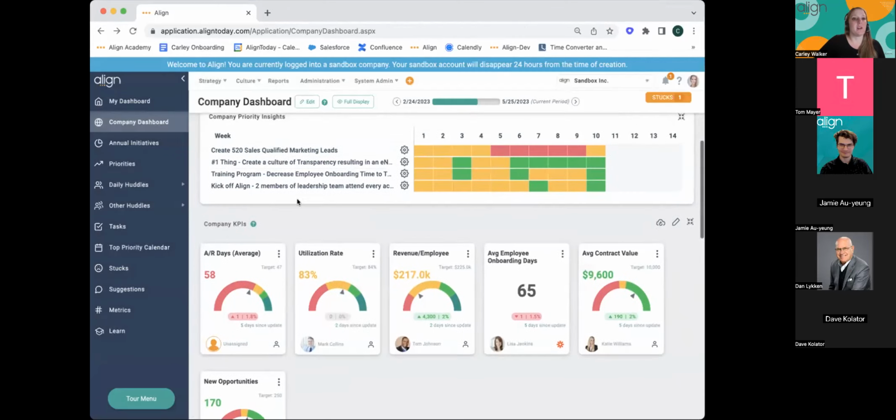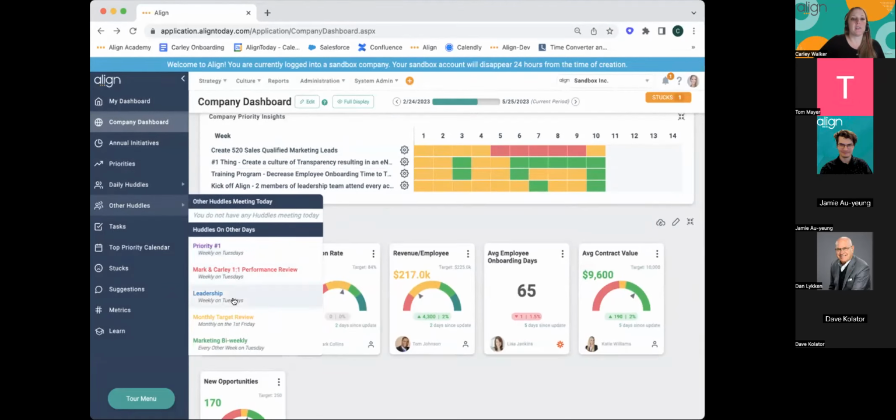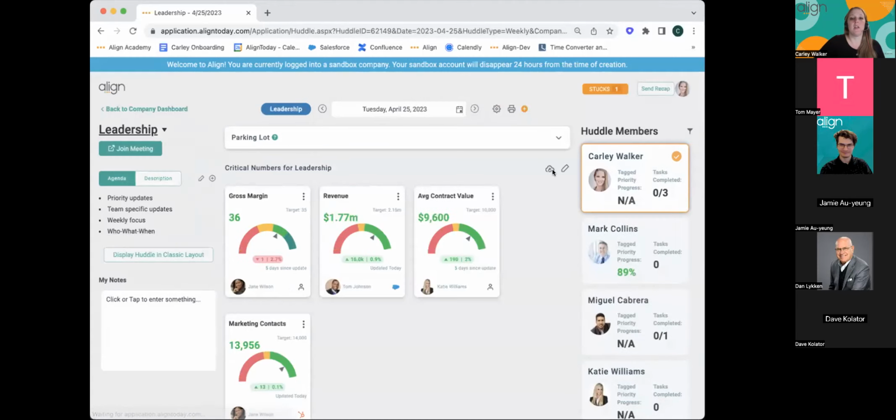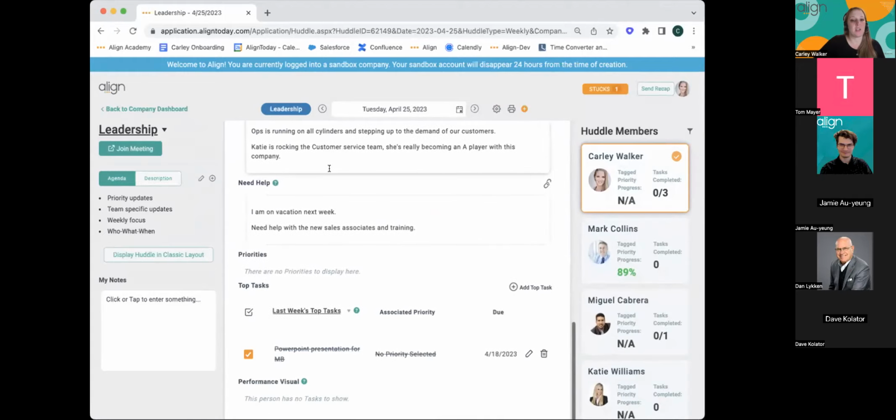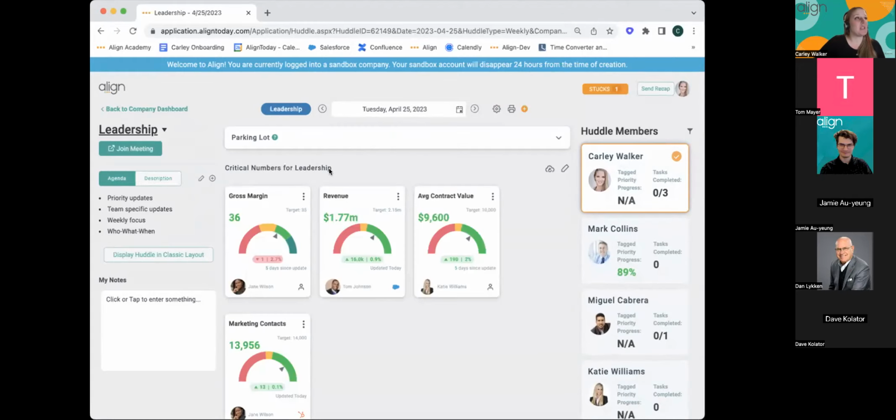So I've got KPIs on my company dashboard. I've got KPIs in my personal dashboard. I'm going to go to my weekly huddle. Let's say my leadership huddle. Right now I have a critical numbers section, but I don't have a KPI section here. And there are some numbers I really need my leadership team to be paying attention to that are some metrics and